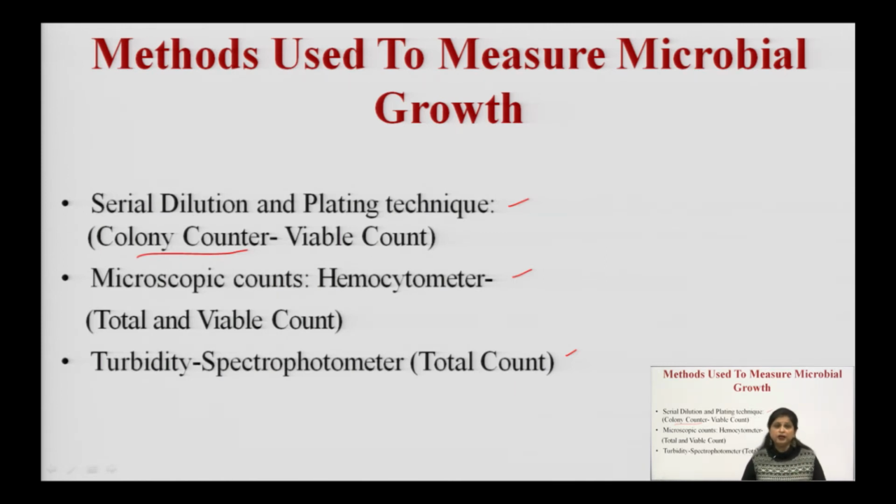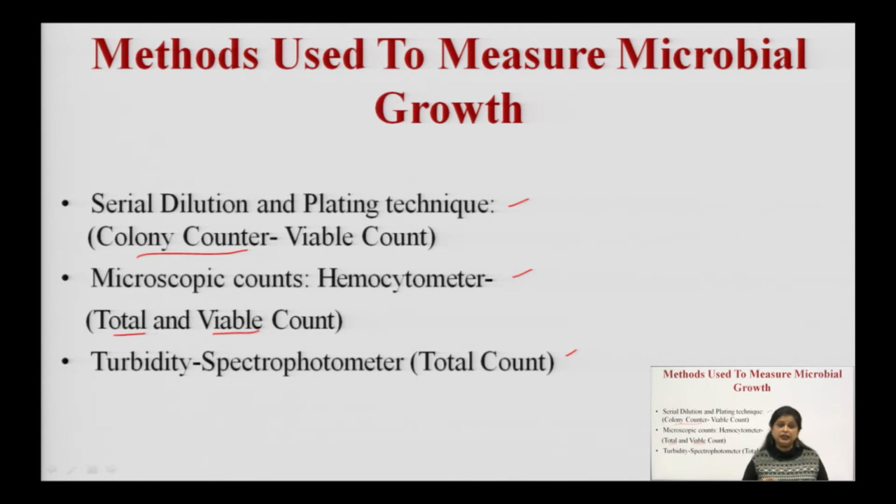But before moving ahead, I would like to tell you about two things. One is viable count and the second one is total count. Now what do we mean by viable count and what do we mean by total count? So viable count means the number of living bacteria. Viable deals with the number of living bacteria which can grow in number. So viable microorganisms or viable bacteria are the bacteria which can increase in number, and total count indicates the viable count plus the dead microorganisms. It also includes the total count.